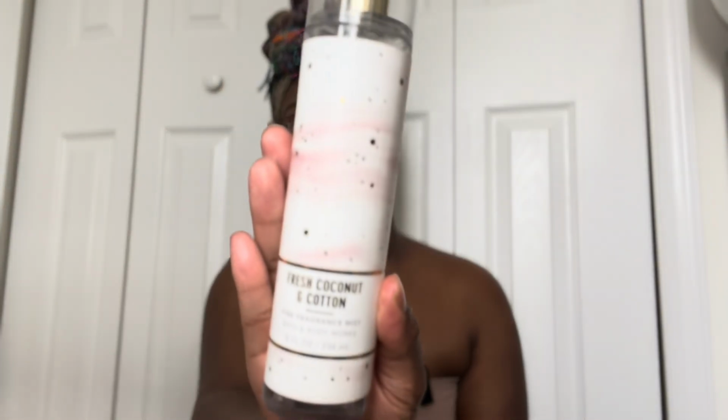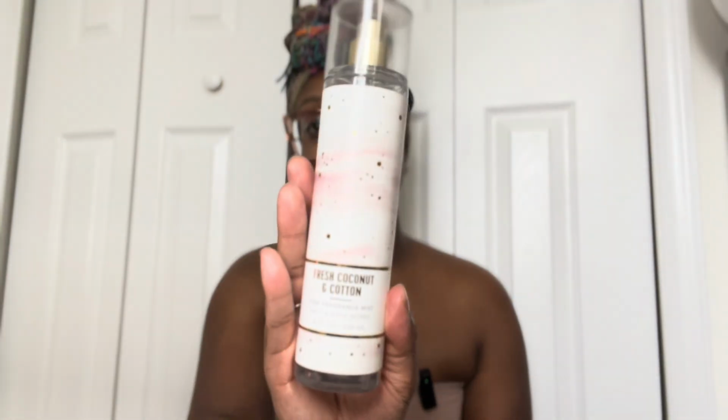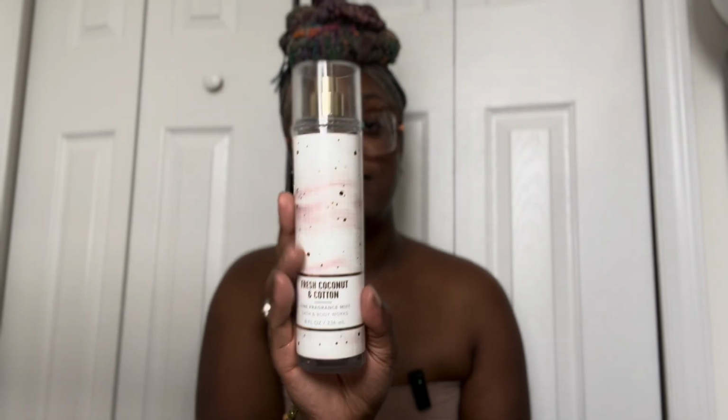We're going to start off with fresh coconut and cotton. I like cotton scents. I'm getting more into fresh scents. And this was one that I liked. I think the coconut threw me off a little bit in the beginning, but I have come to appreciate coconut more. And this is such a good scent. It gives me beachy vibes. It gives me fresh,